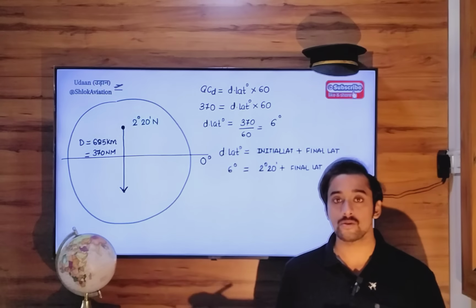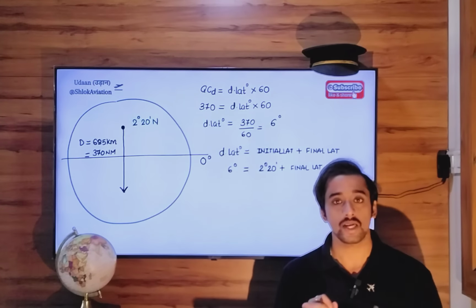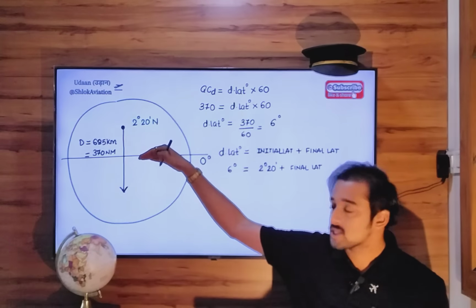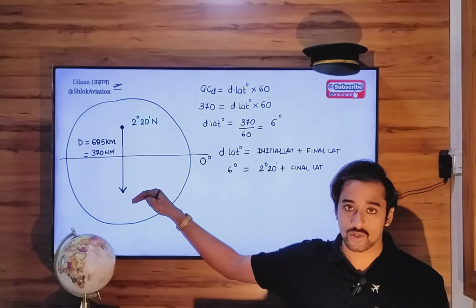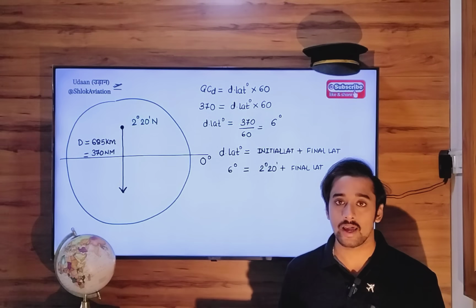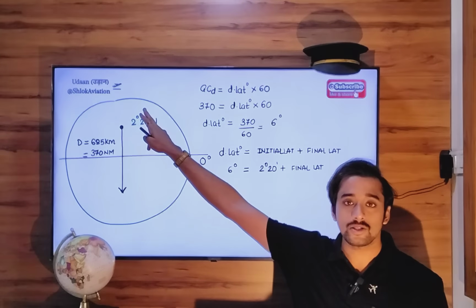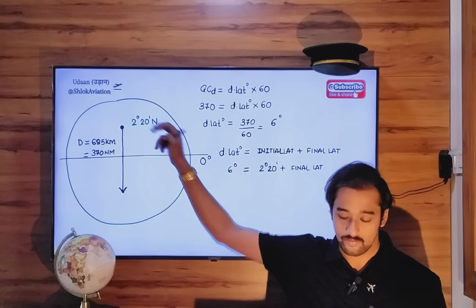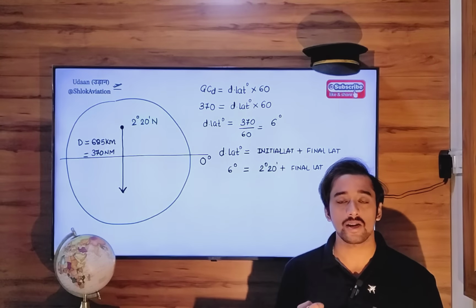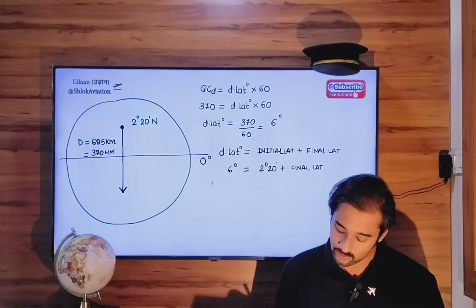Now here we have used the addition sign because this aircraft flies in the southerly direction. So there is a high probability that it crosses the equator and enters the southern hemisphere. Therefore I have used the addition sign. If this aircraft were to fly in the northerly direction from this position, I would have used the subtraction sign. So look at the question, draw the diagram and you will get a general idea of what to expect. So final latitude will be